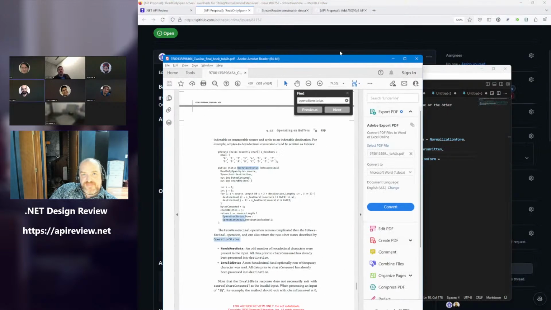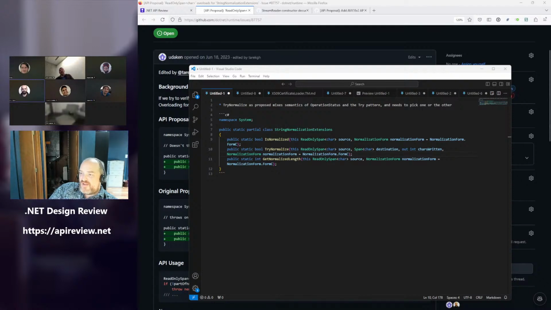Yeah, that's interesting. Well, I mean, really it was for base 64 where you need to count spaces. If we are saying it has to be used in this exact pattern, why didn't we encapsulate all of that inside one type? I mean, not just operation status, but number of written and other parameters that are coming as out parameters here. Why do we need to have every signature have those outs while we can return it in some type? I mean, we are inventing some pattern.